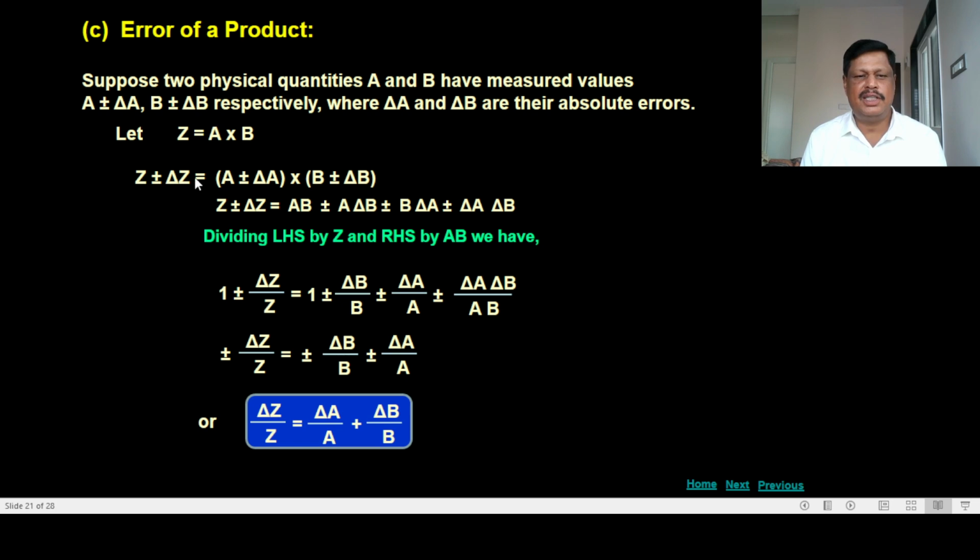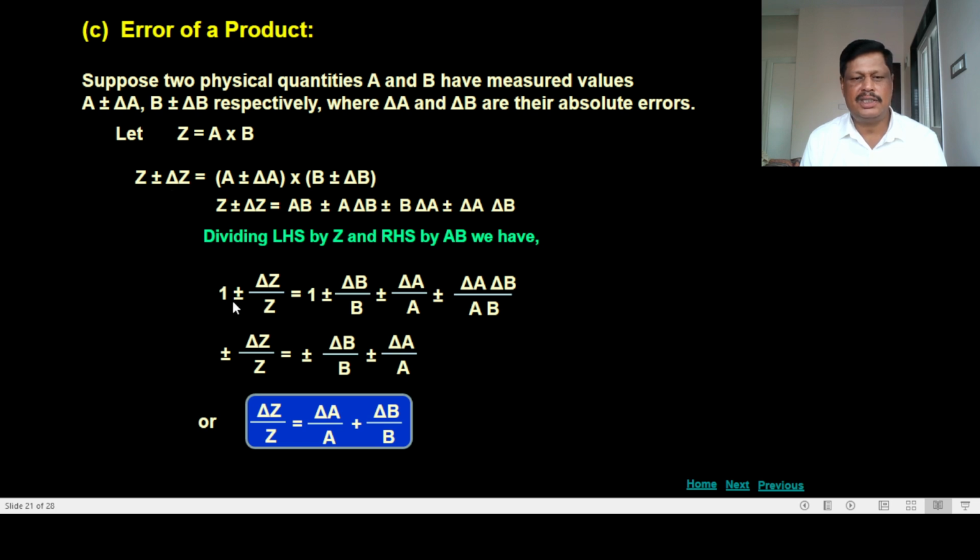Z plus or minus delta Z is equal to A plus or minus delta A into B plus or minus delta B. So, multiplying these two, we get AB plus or minus A delta B plus or minus B delta A plus or minus delta A delta B. Dividing LHS by Z and RHS by AB we have